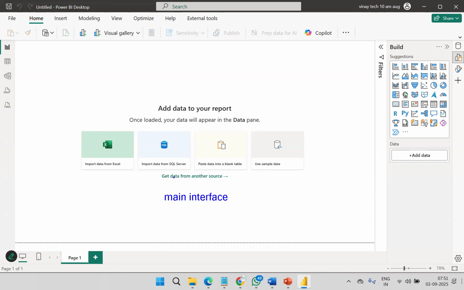So this is the main interface. We also say self-service interface, and colorblind friendly interface.